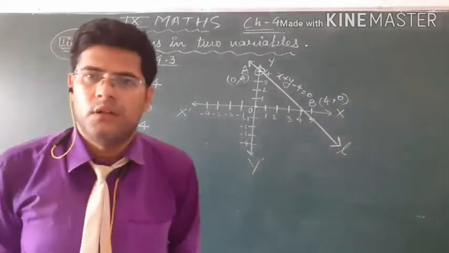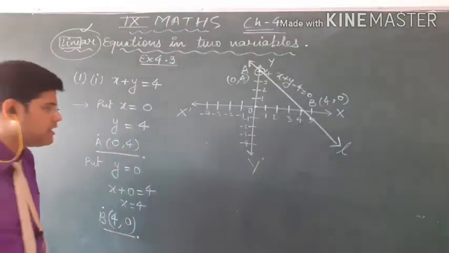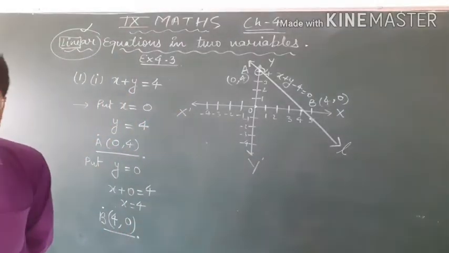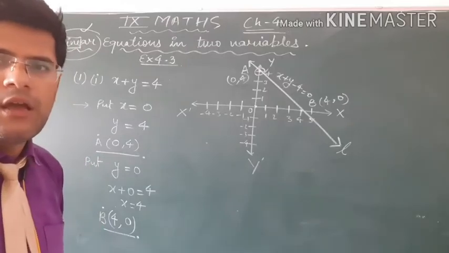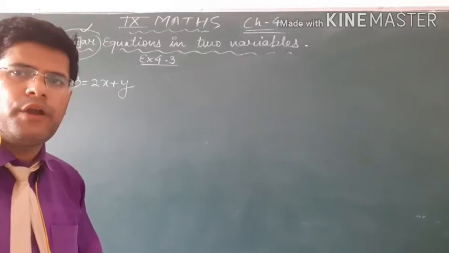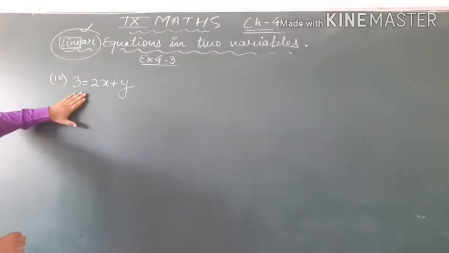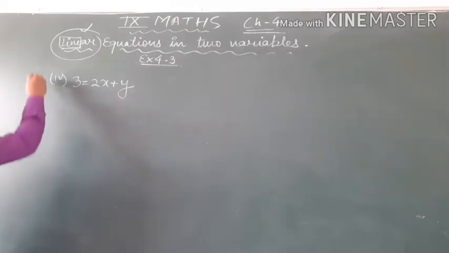So you can do the sum in your notebook. It is a very easy, very simple manner to do the sum in the notebook. Okay students, now move to the next one. It is very simple to do. Now I am going to solve the second sum, which is the 4th part of the first sum of exercise